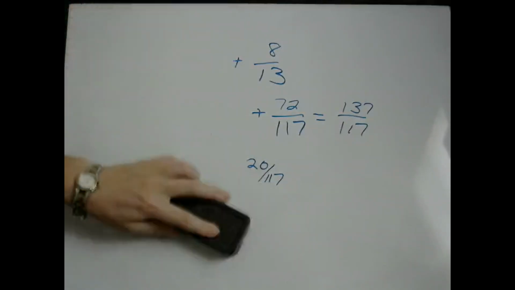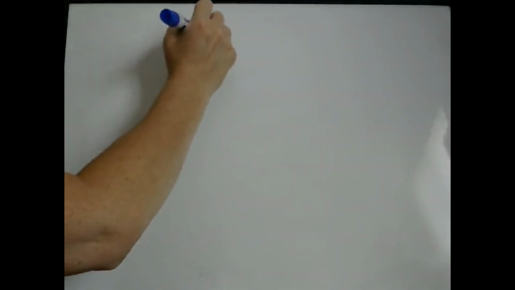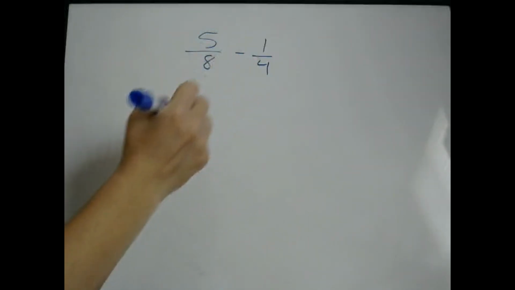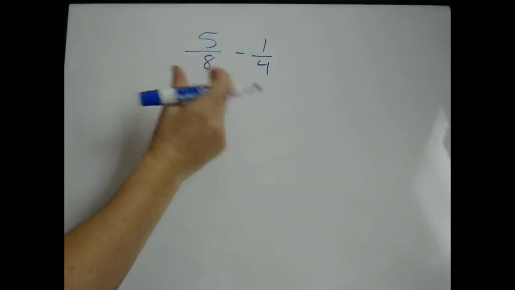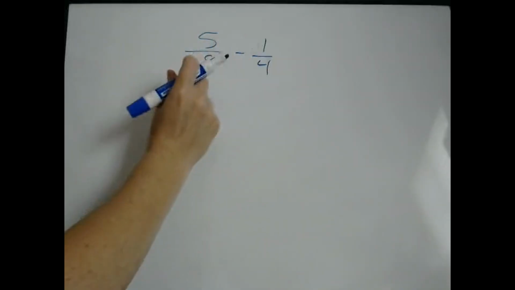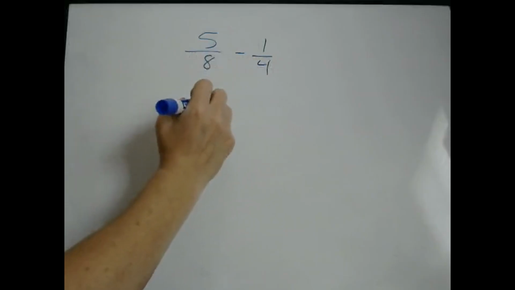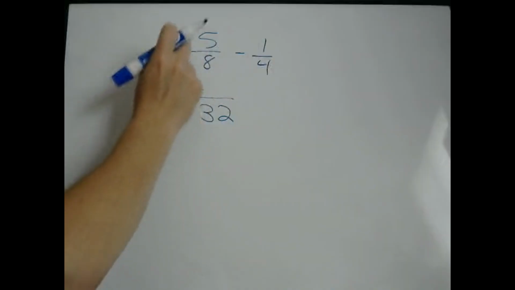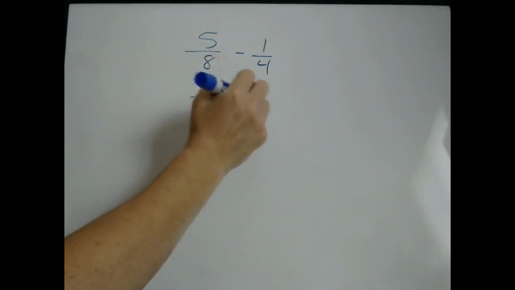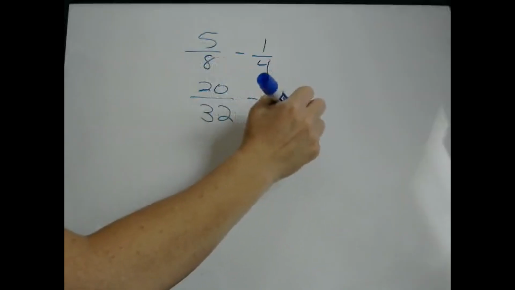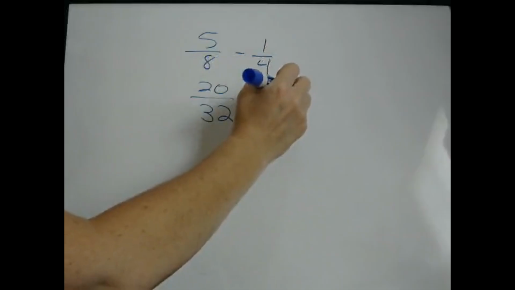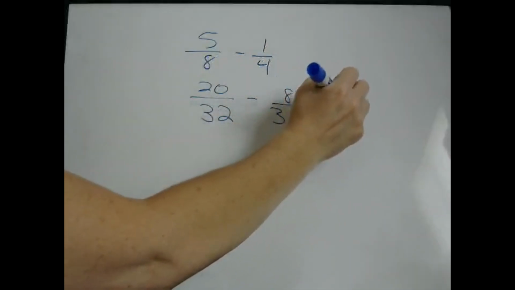Subtraction is the same way, you just change the addition sign to a subtraction sign. So if we have 5/8 minus 1/4, so find a common denominator, we'll multiply these two together. 8 times 4 is 32. We multiplied 8 by 4 to get this, so we need to multiply 5 times 4. We multiplied 4 times 8 to get this, so we need to multiply 1 times 8. And we get